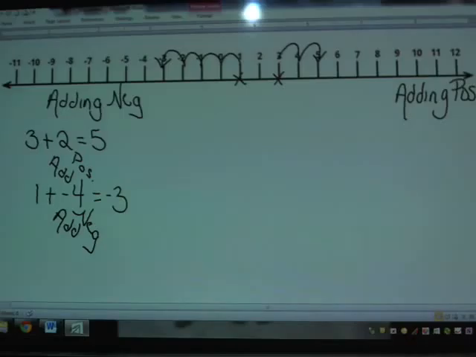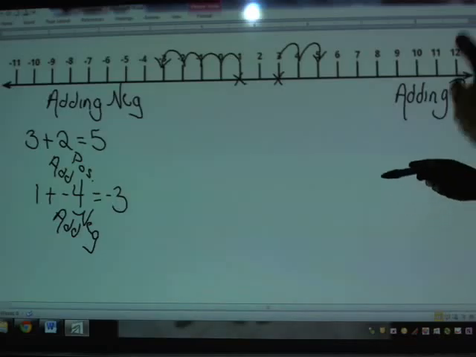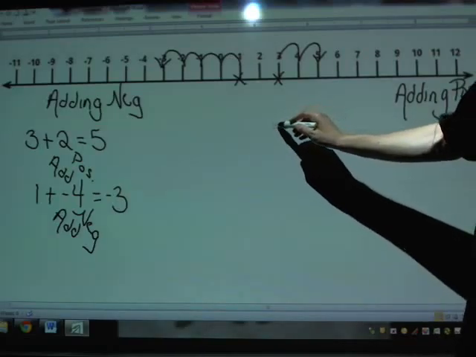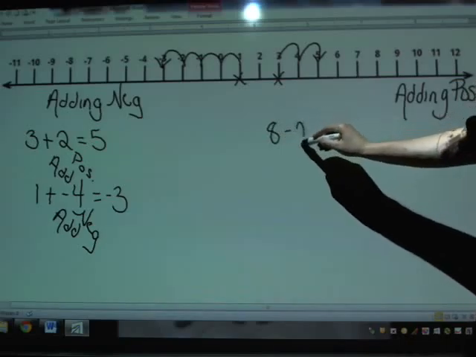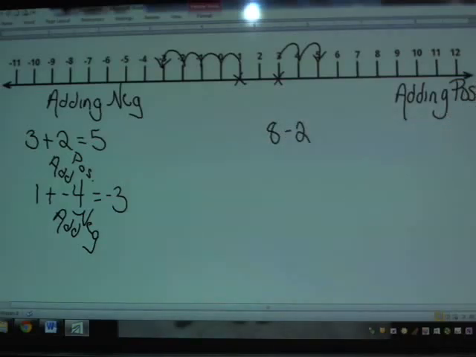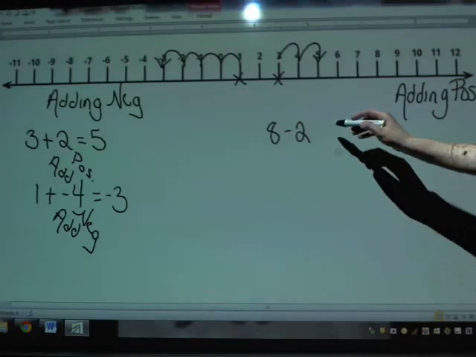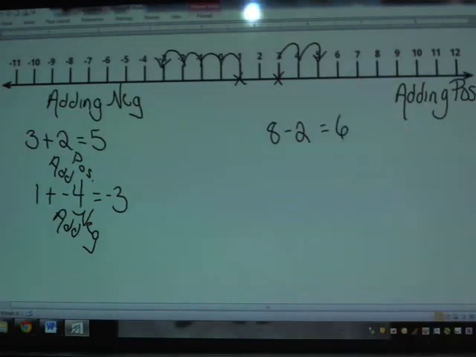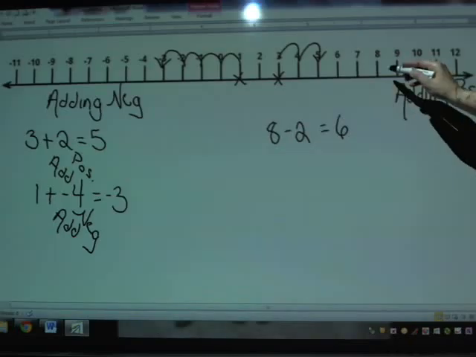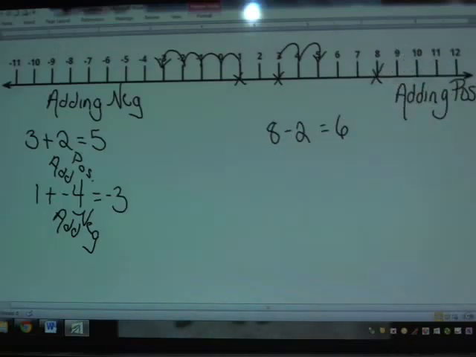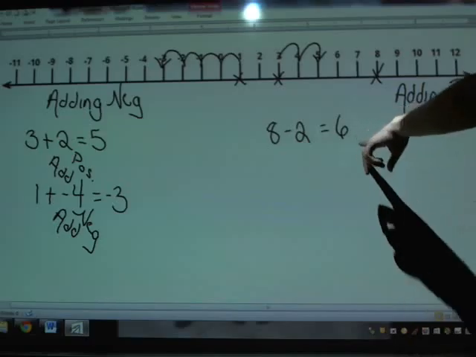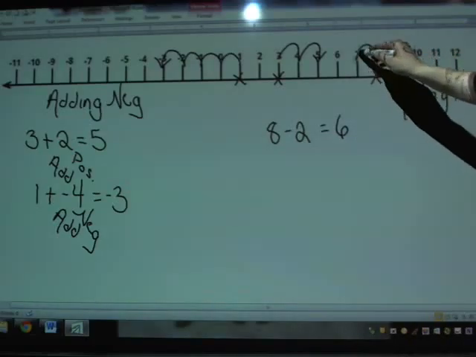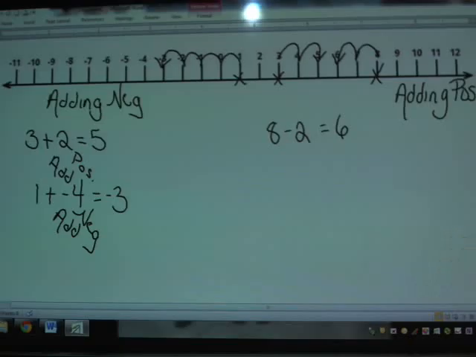Now, let's go back to some basics, things we're absolutely certain about. Let me give you a question like 8 minus 2. Well, we know 8 minus 2 is, again, something we're absolutely certain about, things we've been doing forever. 8 minus 2 is 6. Well, let's see what that does on the number line. That means this time I'm going to start at 8. Since we're going towards 6, which is our answer, that means I had to move 2 units to the left